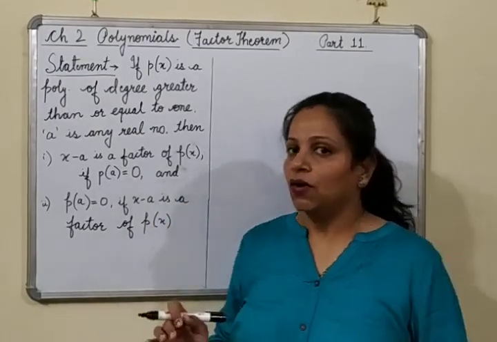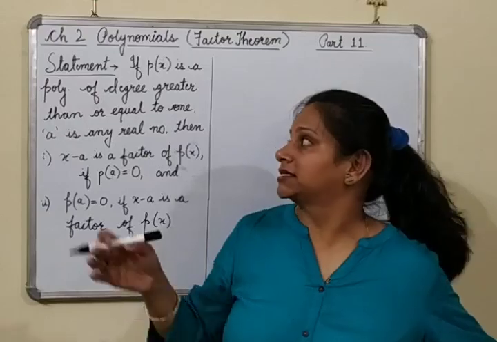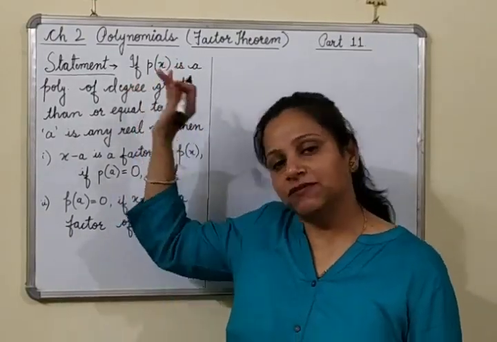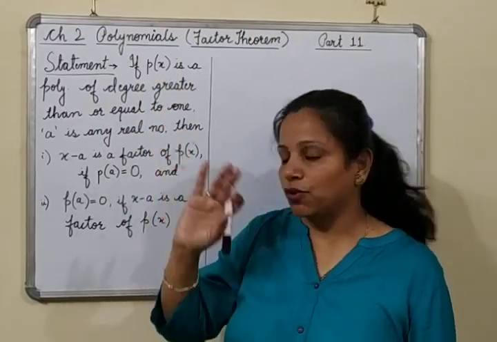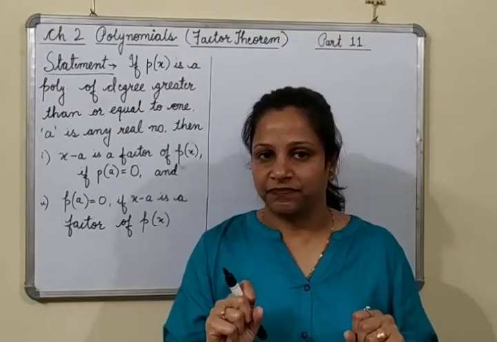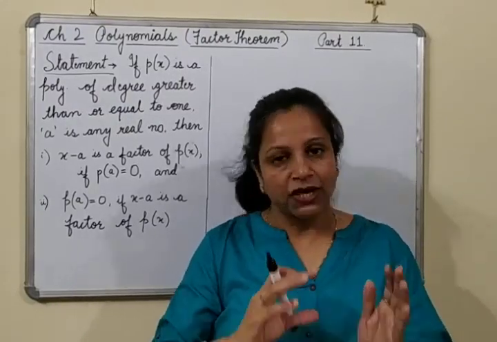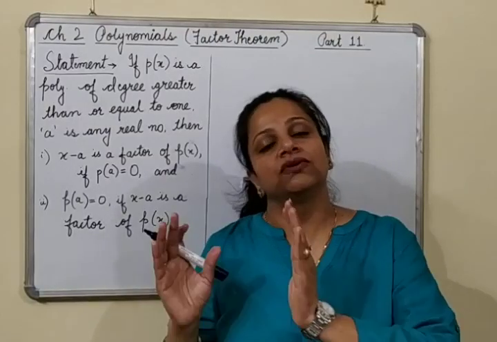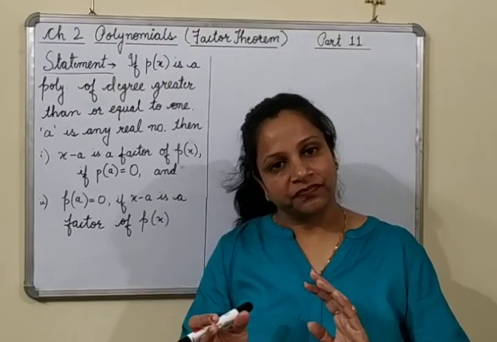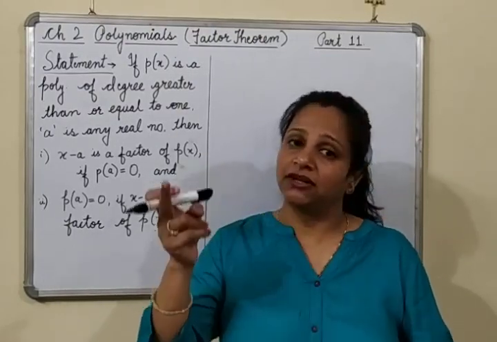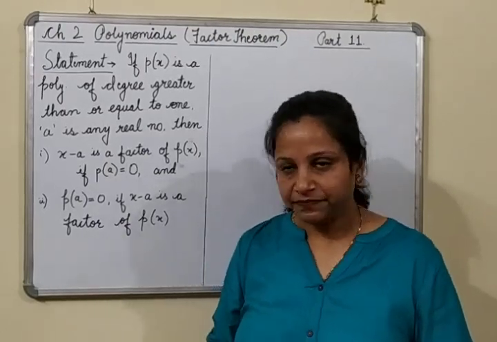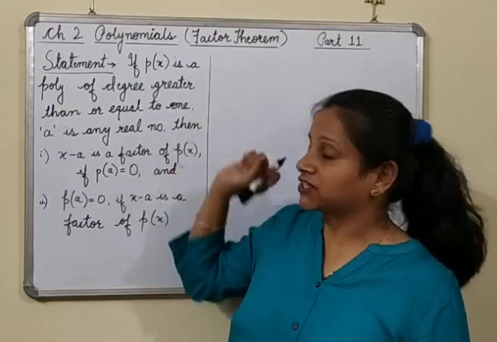Okay. Now one more application of remainder theorem is the factor theorem. It comes from the remainder theorem only. And both these theorems, remainder theorem and factor theorem, are interlinked. Once you know what the remainder theorem is, you come to know what the factor theorem is, and once you know the factor theorem, you come to know the remainder theorem. Means both are interlinked. Right? And both are linked to the division algorithm that we have already done in class 7 and class 8. Fine? So let us start with this factor theorem.